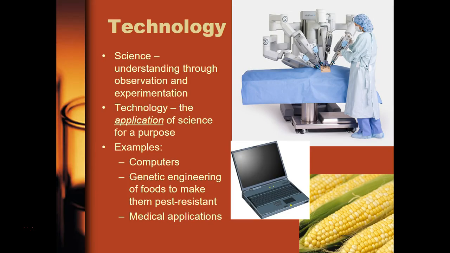And then ultimately, the hope is that we can actually use that information for some sort of purpose. So science in and of itself is just our understanding through observation and experimentation, this whole process of the scientific method. But the conclusions and the data and our understanding that we gain from doing science often ends up being applied. And that's really where the technology comes in. So by definition, technology is the application of science for some sort of purpose. So computers, for example, understanding how circuits work,